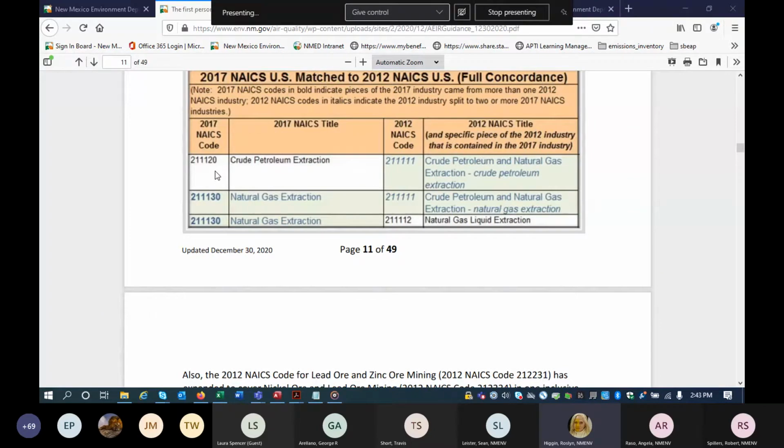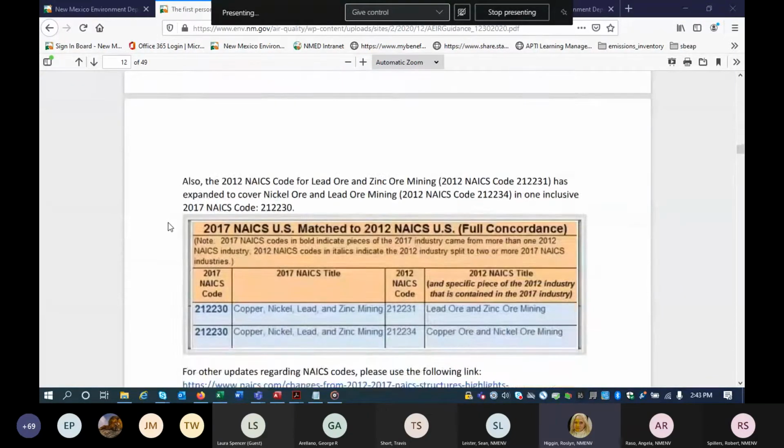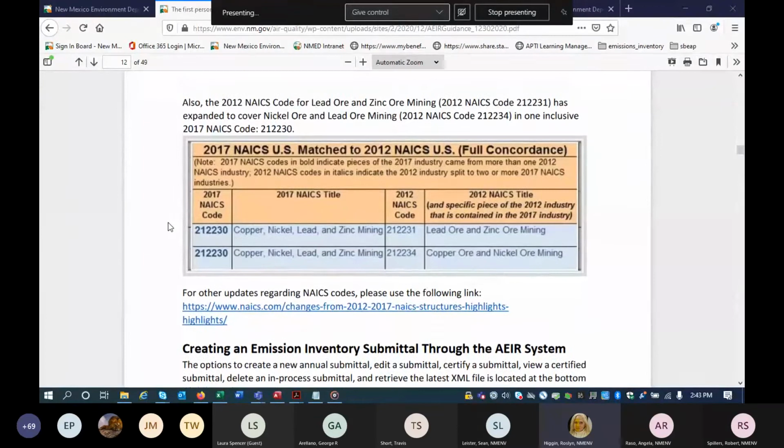And also there were some changes in NAICS codes in mining. So some of these NOIs date back to 1995, 1976 even. So the NAICS codes have not been updated. So expect your NAICS codes to have not been updated if you have not been keeping up with your air quality permit. Okay, so we're done with that, and I think I'm going to hand it over to Sean.